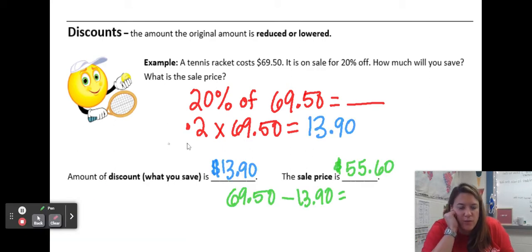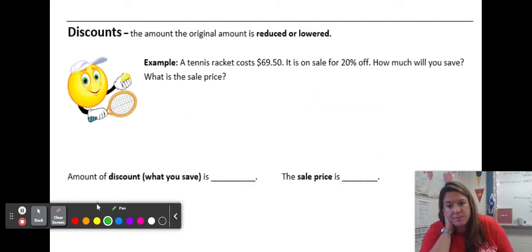All right, guys, how'd you do? The first one is the discount. So when you multiplied 0.2 times 69.50, you should have gotten $13.90. That's how much you save. That's what 20% of $69.50 is. So you're going to subtract that from our original amount to find the sale price. The sale price is how much you're going to pay when you get up to the register. All right. Let's go on to